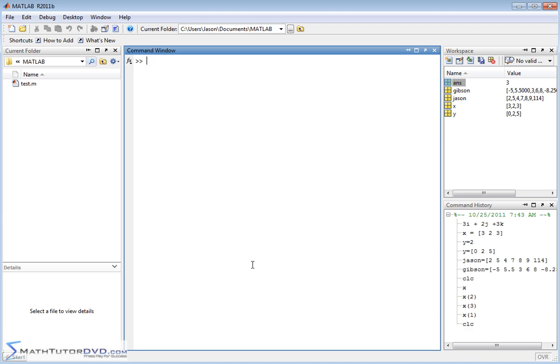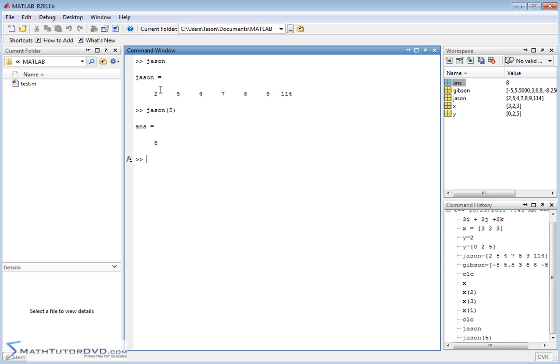If I clear the screen again, this is vector Jason that we stored before. But if I type in Jason and say, okay, I only want element 5, that's the only one I really care about. So it's going to go, here's element 1, 2, 3, 4, 5. There it is. It's going to spit it back at you. That's very convenient because you have to think about, I mean, you might say, why do you care about that? You can see the whole vector here. That's true. But maybe you're doing some calculation down the road where